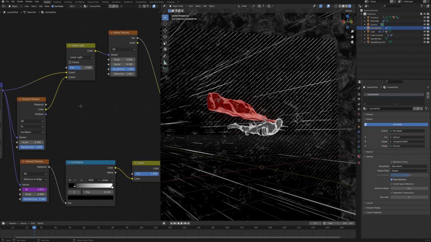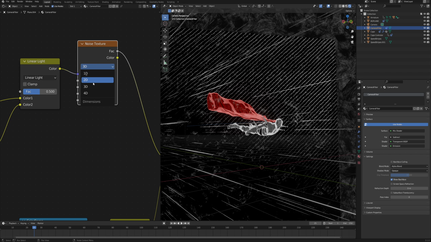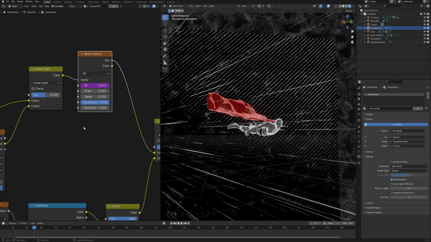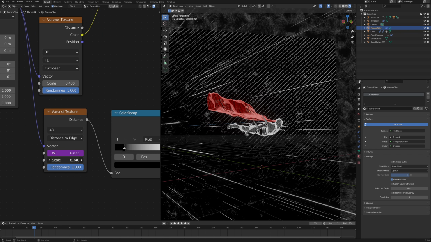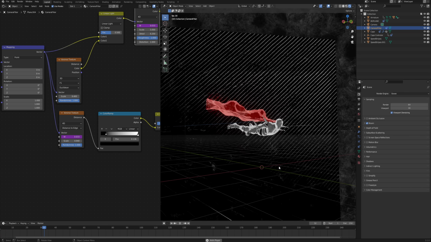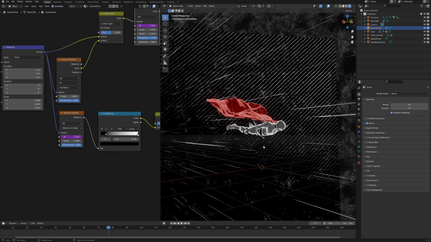The next thing that we can also animate is this noise texture. So again, 4D, the W value is frame divided by 30 again. And we can also go into this Voronoi texture and maybe change the scale a little bit so that those patches where we delete the stripes, so that they don't end in a smooth line, are a little bit bigger, which I feel may look better. If you want to render the animation as it is, then you can go ahead and just do that.